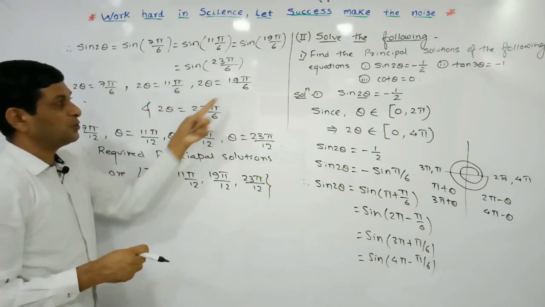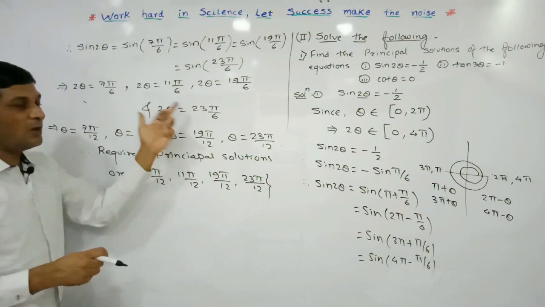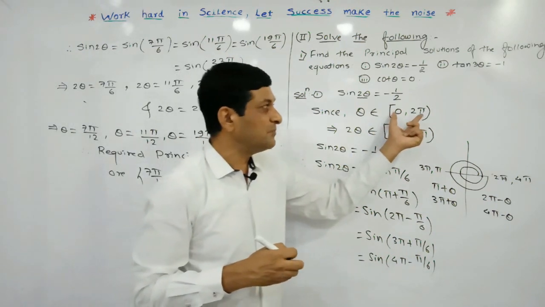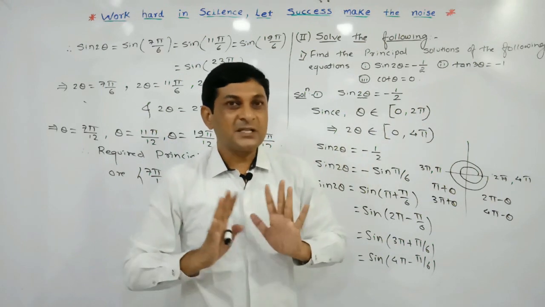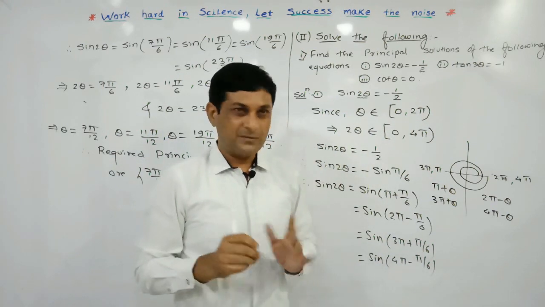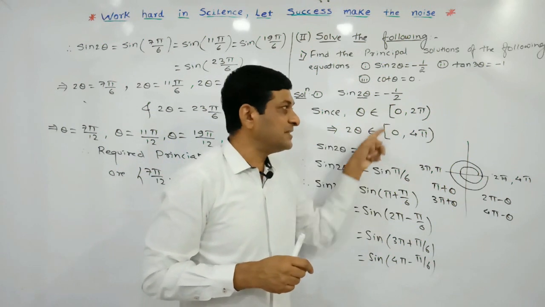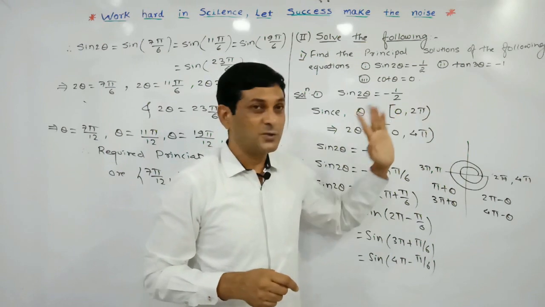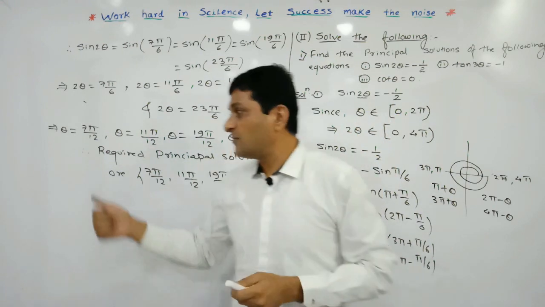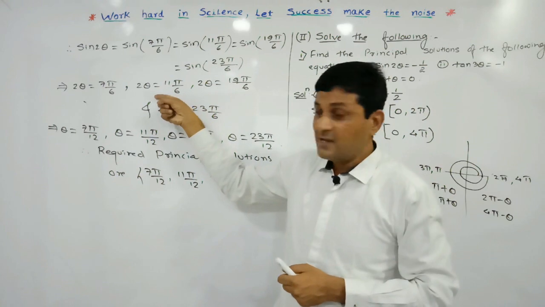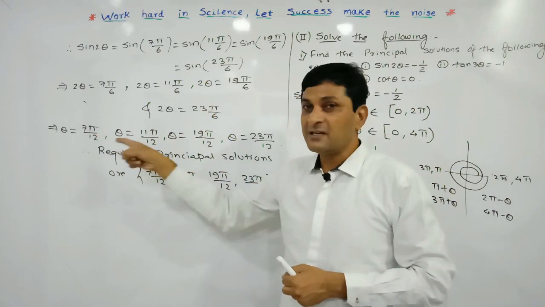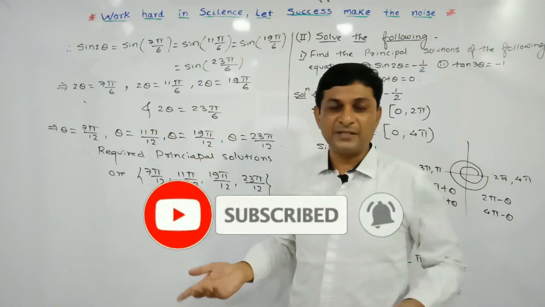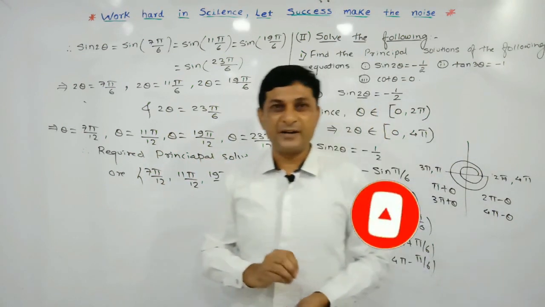Now easily we can observe that these are the values of 2 theta. But if we divide all the terms by 2, all these values lie in between 0 to 2 pi, means it satisfies our definition. So this 2 theta lies in this interval, means theta lies in this interval. Getting it? Theta lies in 0 to 2 pi. Means we have got all the values. But remember that the value of theta lies in between 0 to 2 pi, and that's why we can say that these are the principal solutions of the given trigonometric equation.